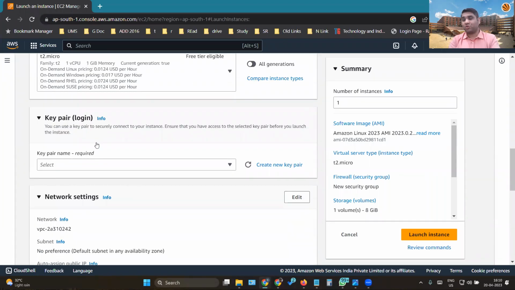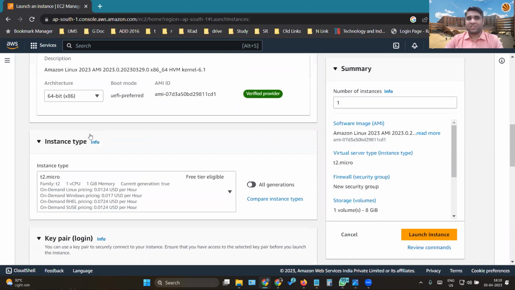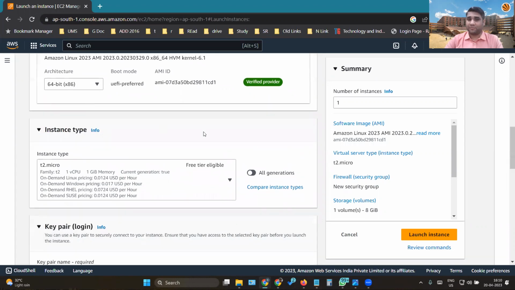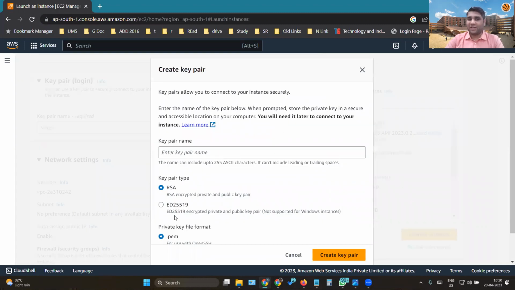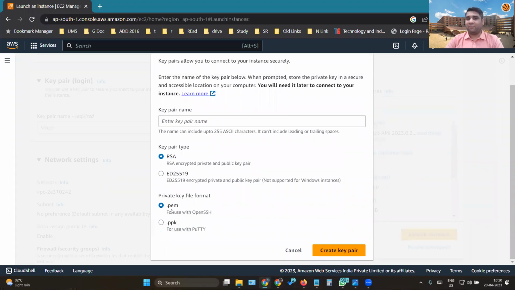Now this key pair, as it was showing key pair 1, so we'll create a new key pair. What is this key pair? It's like a password. Normally you type in a password to be authenticated, but this key pair is a hash file, which authenticates whether you are the actual user for this server, which we created as test server 20. There are multiple ways in which I can have it, RSA or ED25519. These are authentication or encryption mechanisms. The file type could be .pem, which is open, and .ppk, which is for PuTTY, where you would have to use special software to access. So we'll keep it open.